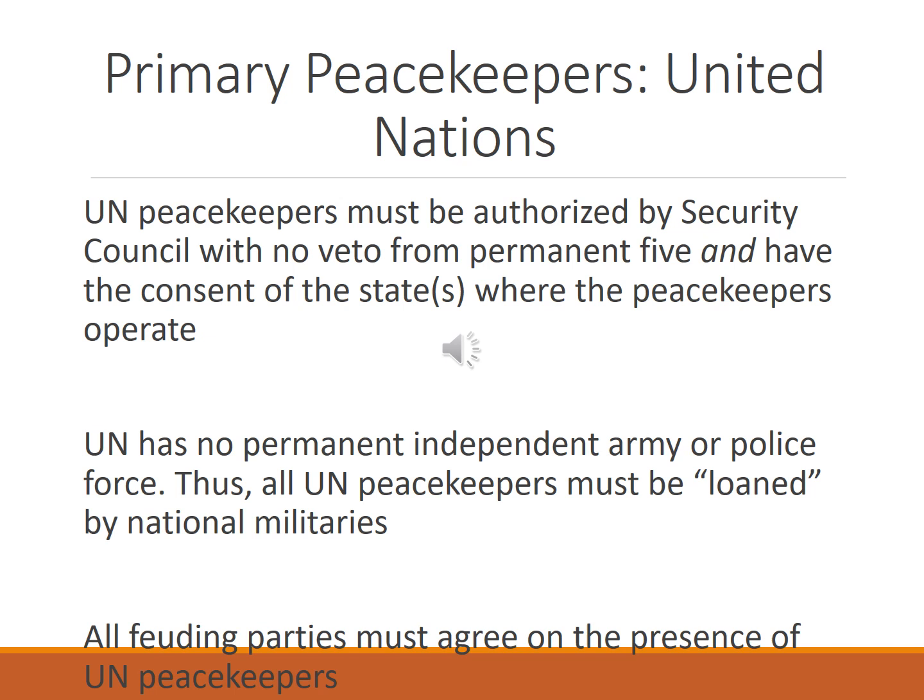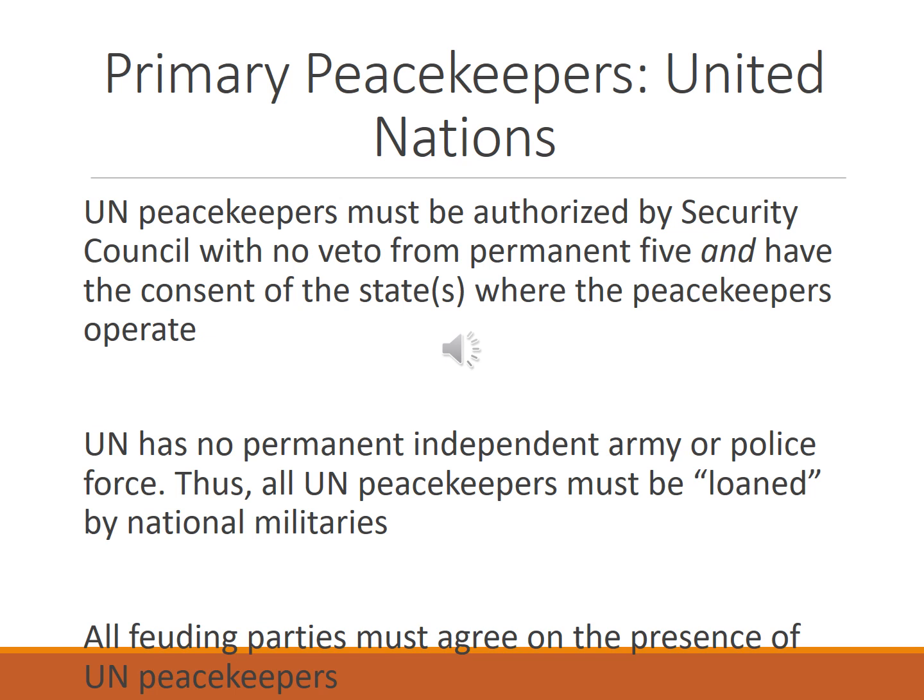And inevitably, we see that sending peacekeepers can be a very political activity, something that one great power may object to. And so, for example, in Syria, we see a case where the United States and France and Great Britain probably very much would like to have seen the UN send peacekeepers. But Russia, who has taken a direct interest in Syria and Syrian stability, or lack thereof, has vetoed any attempt by the UN to do any kind of real concrete work in Syria.